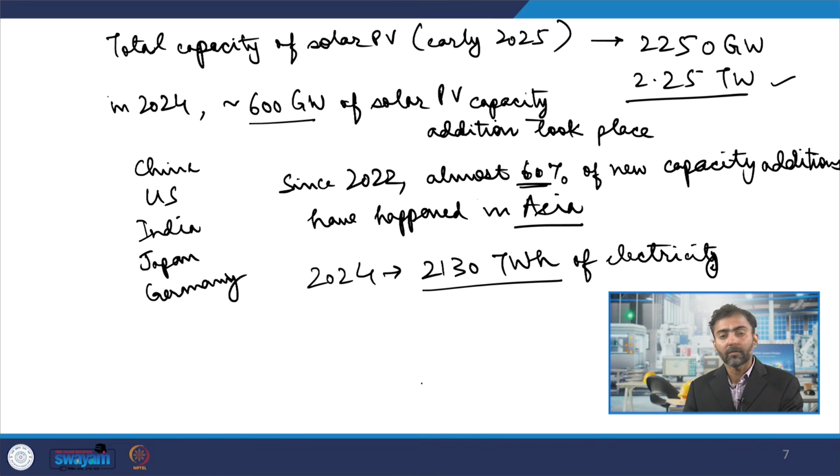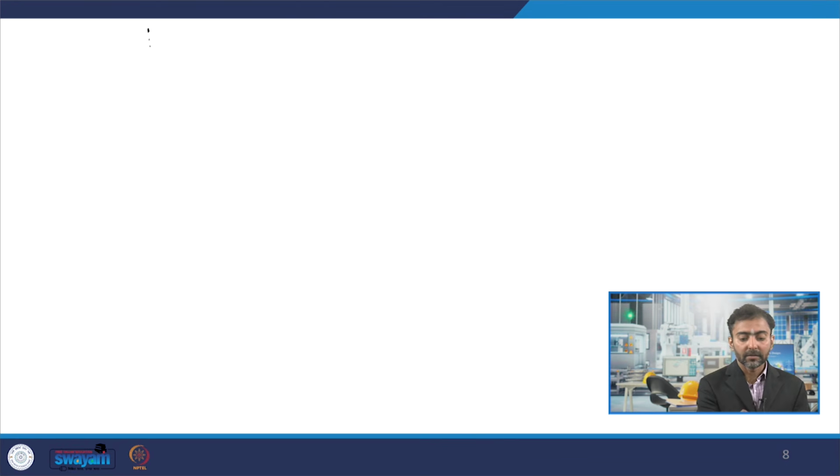It's a few thousand terawatt hours of electricity being generated globally, with more than 2 terawatt of installed capacity. So it's very impressive. The growth of solar PV globally has been very impressive. And if we look a little closer at the statistics in India, because that's of most important concern for us, let's look at a little bit of numbers in terms of India for solar PV,